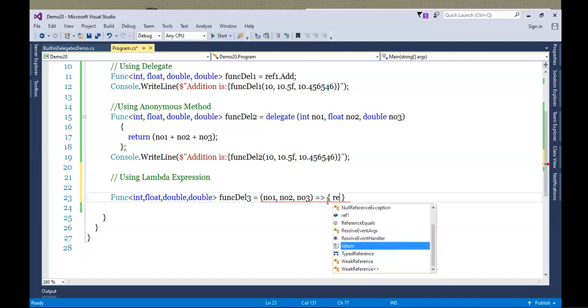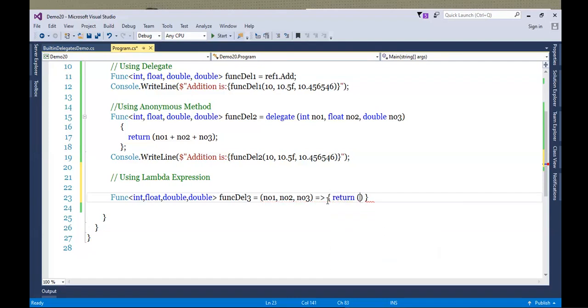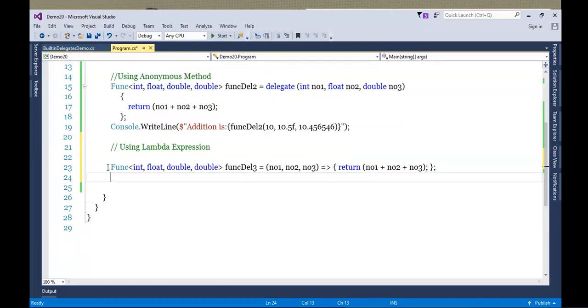Goes to operator, write the logic. What is the logic? Return number 1 plus number 2 plus number 3. That's it. In single line, it is finished. So we have not even created delegate. We have not even written a method.